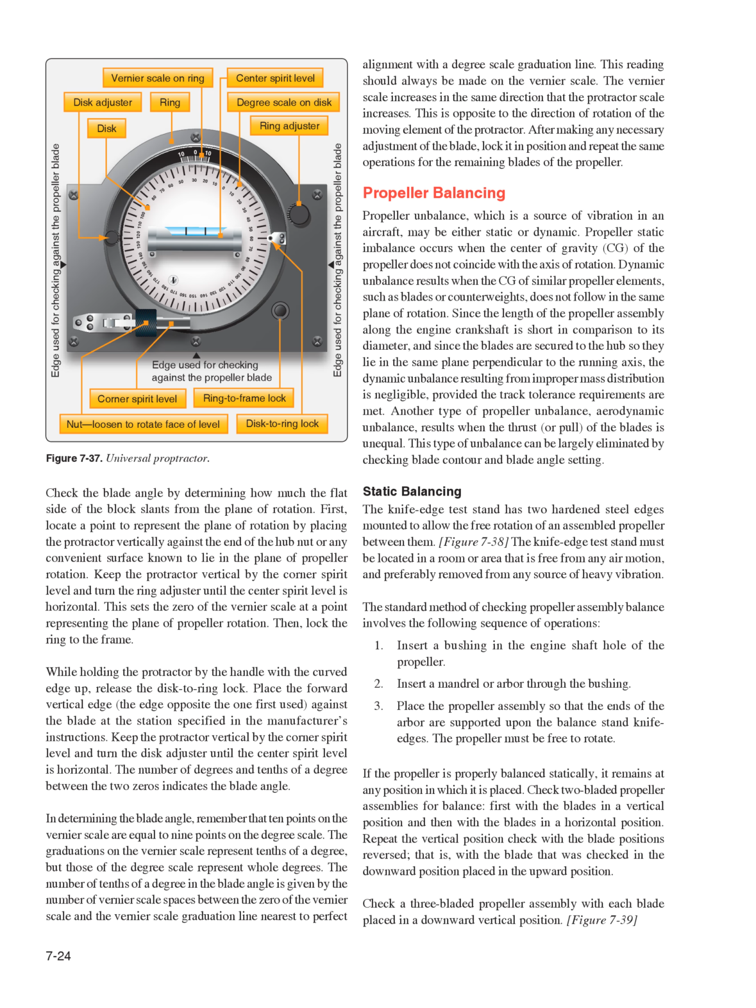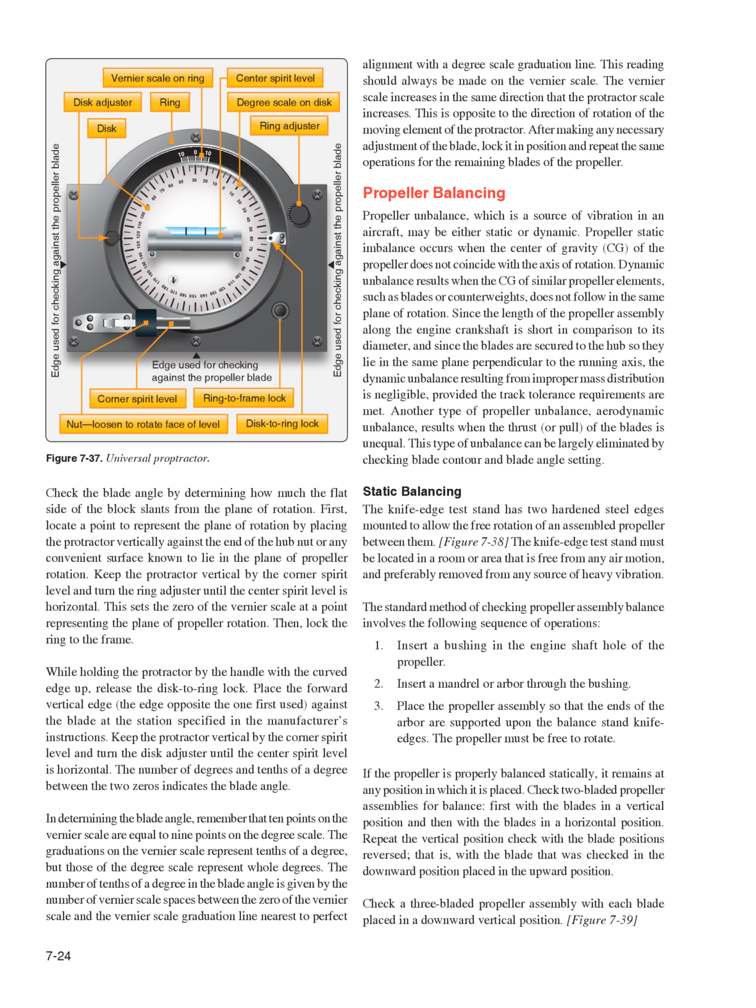While holding the protractor by the handle with the curved edge up, release the disc to ring lock. Place the forward vertical edge, the edge opposite the one first used, against the blade at the station specified in the manufacturer's instructions. Keep the protractor vertical by the corner spirit level and turn the disc adjuster until the center spirit level is horizontal. The number of degrees and tenths of a degree between the two zeros indicates the blade